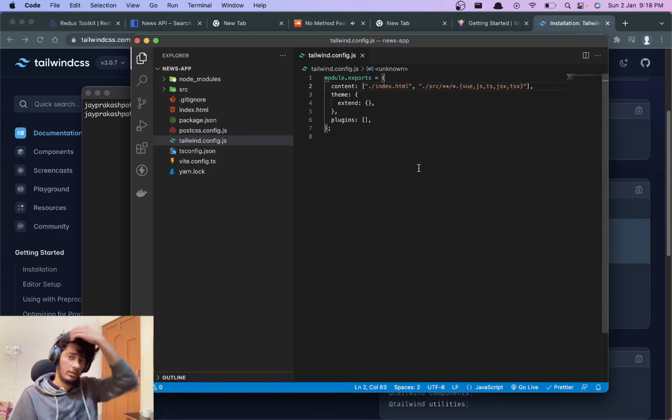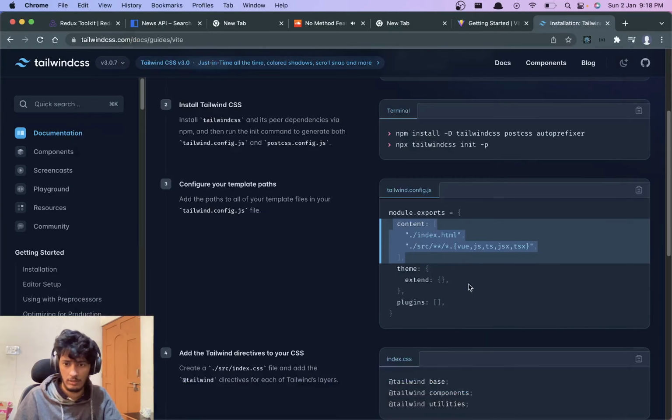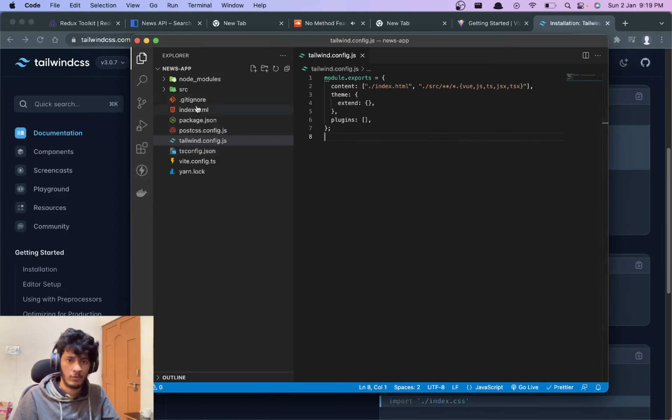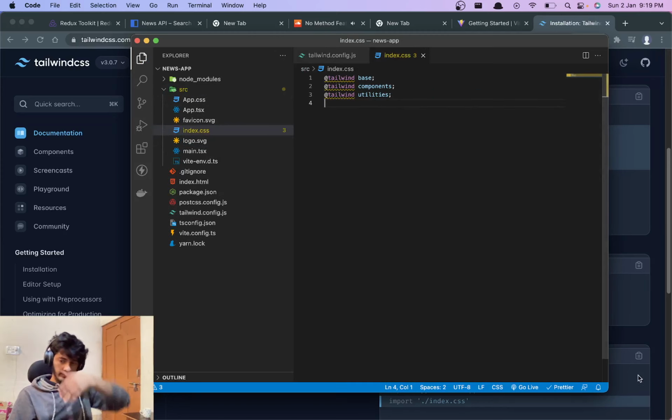Let's change the content to this. Let's put these things in this index.css file.